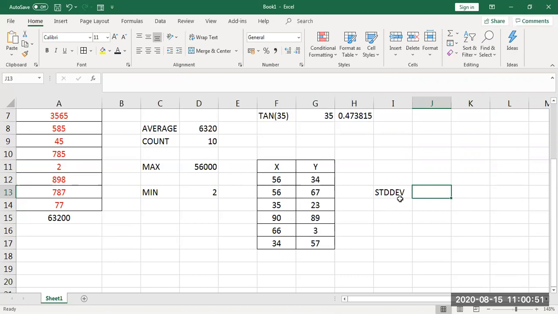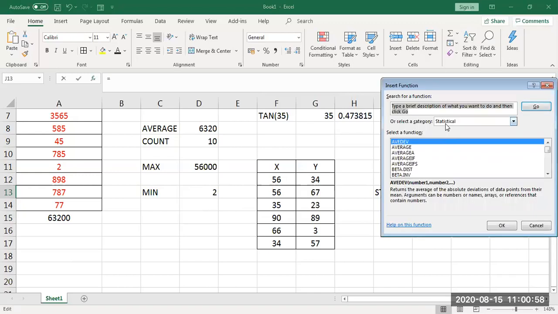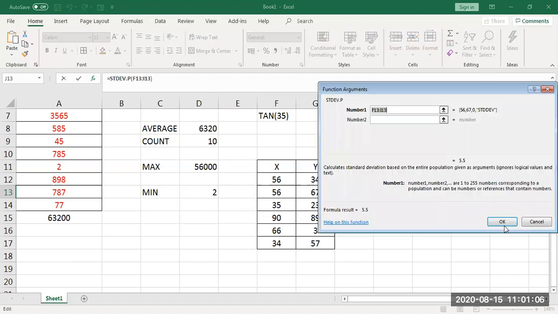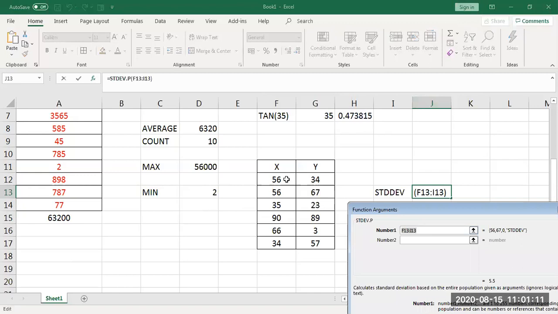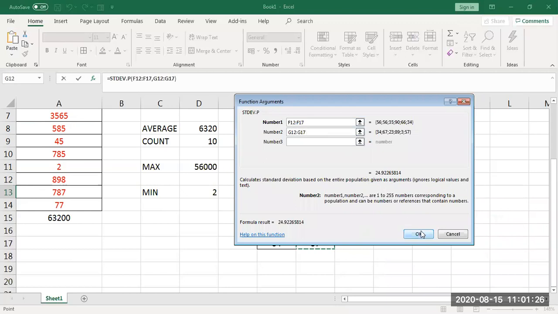Okay, once again I repeat, I want to find the standard deviation. Select the cell, go here, click on More Functions, look for standard deviation. As I told, it will be available under statistical functions. I'm selecting standard deviation. There are two sets of values you need to select. For the first, take the mouse and select 56 to 34. Then click on number 2 and select 34 to 57. Show the system the ranges and leave it.